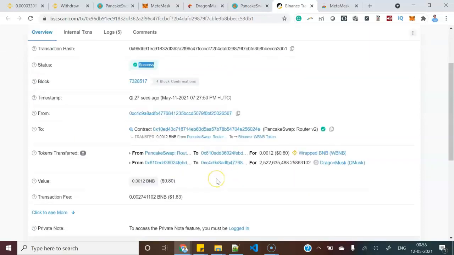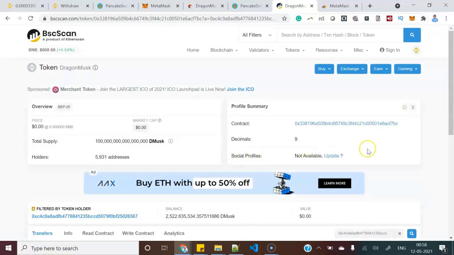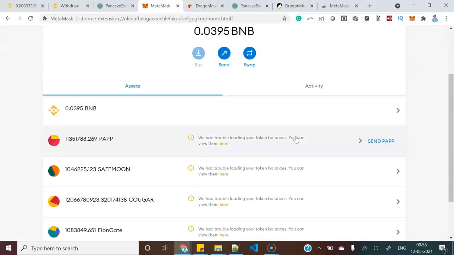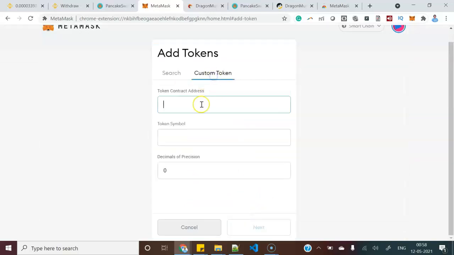So what I need to do, you can see there is a token transferred, and now there is Dragon Marks, D Marks. Now you have to click D Marks, and copy that contract address. If you copy that contract address, then you come to your MetaMask wallet, hit the add token button, and provide that token address, and you can see automatically the token symbol D Marks came here.